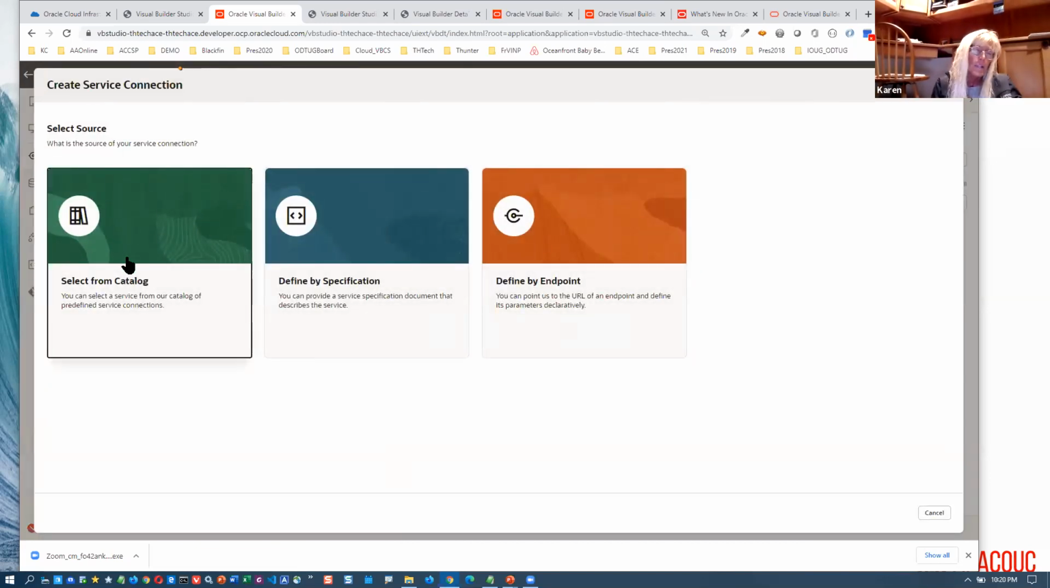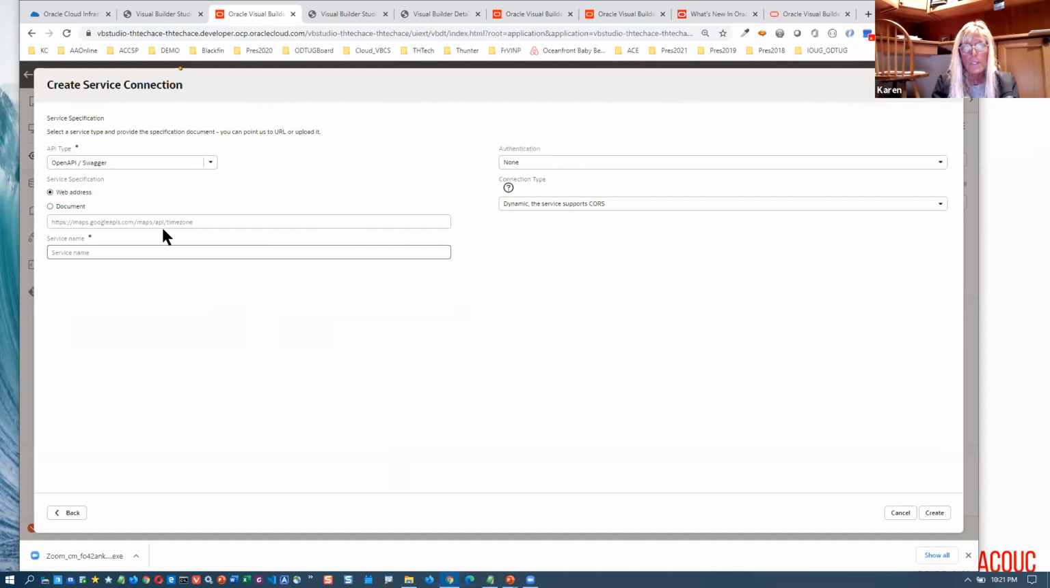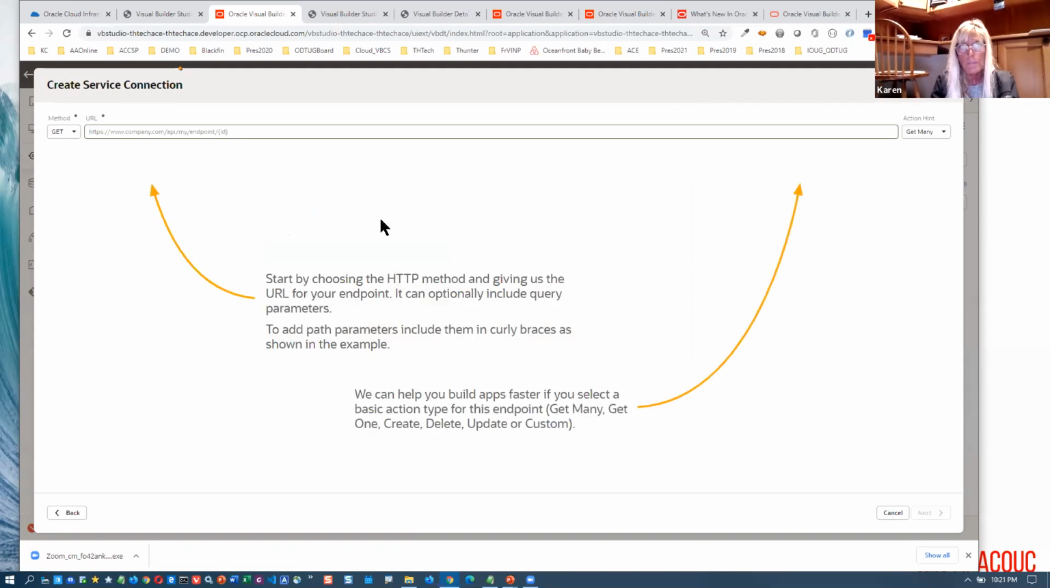And I just want to point this out. If I was extending cloud applications, I'd be selecting from a catalog. I don't have any joint here, so there's going to be nothing there. I can also define by a Swagger doc, and that will create an application for me. A service endpoint for me. I can also define by endpoint, and that is as easy as